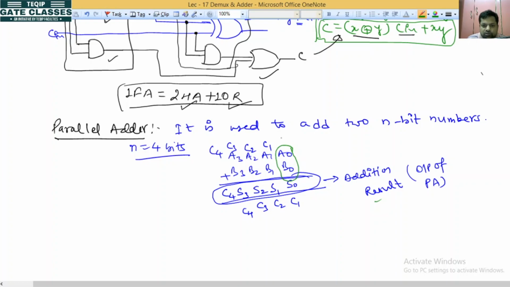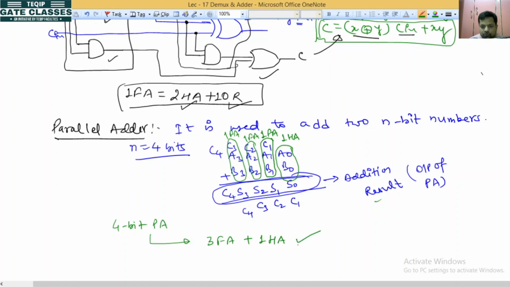So for two 1-bit numbers हमें क्या चाहिए, एक हाफ एडर चाहिए, क्योंकि हाफ एडर का काम क्या होता है, टू 1-bit नंबर्स को ऐड करना. Now we have here 3 1-bit numbers, so 1 full adder चाहिए. Again we have 3 1-bit numbers, so again we have 1 full adder to implement it. और फिर अगेन हमारे पास क्या है, same condition है. तो if you want to implement 4-bit parallel adder, you want 3 full adder plus 1 half adder. ओके,